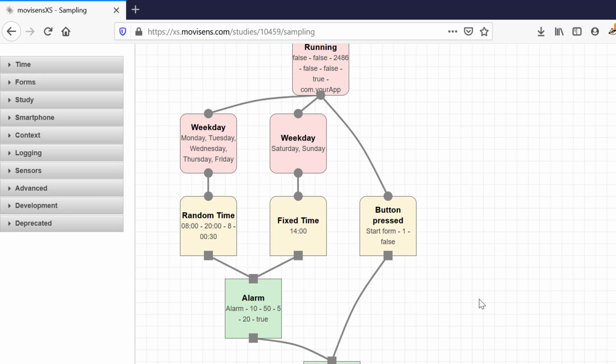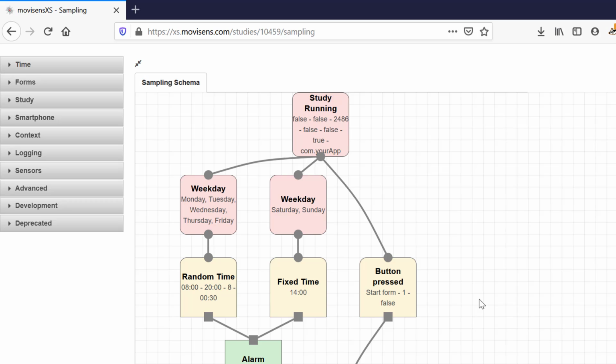So you need to link across that pattern for it to work, and it'll let you know if the sampling scheme is incorrect. But by incorrect I mean that it's not connected up logically, so that it could be understood. It still may not do what you want it to do. That's where you've got to be a bit more diligent yourself.